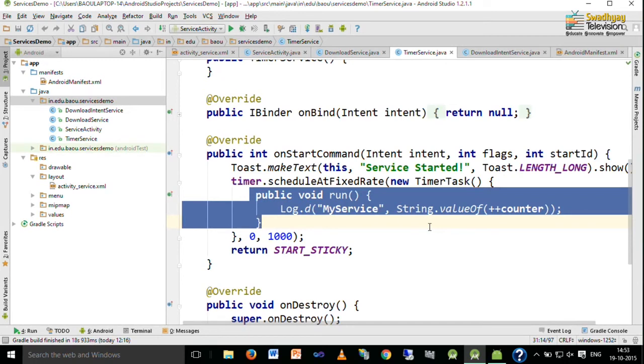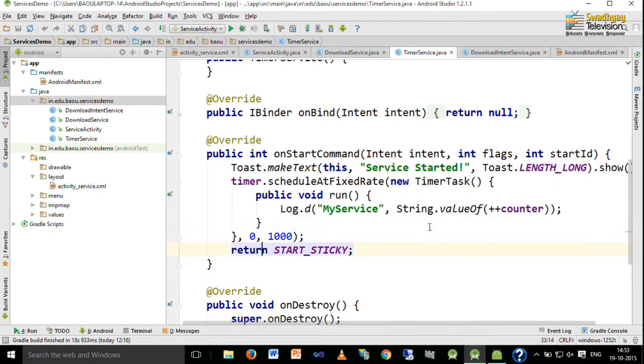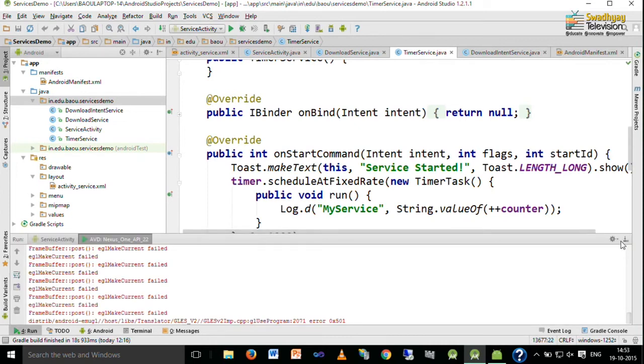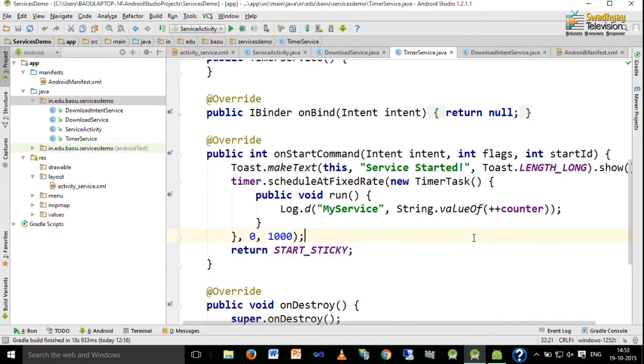So, in the log we continuously receive the counter value with tag my service at 1 second without any break, and here we write return start underscore sticky to continuously run this service until it is explicitly stopped.